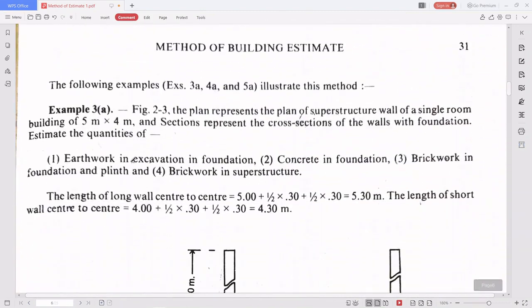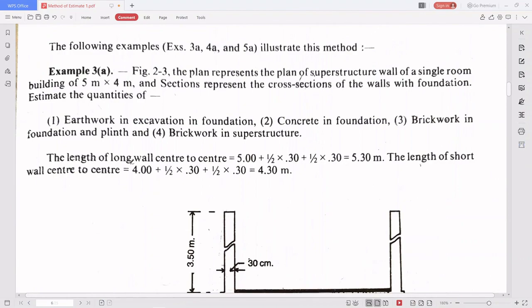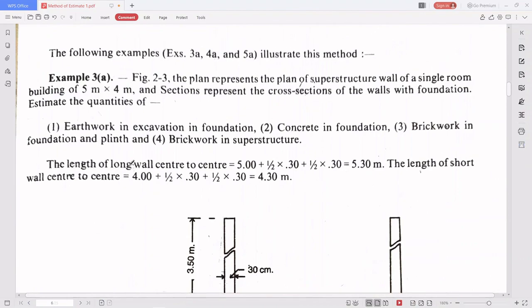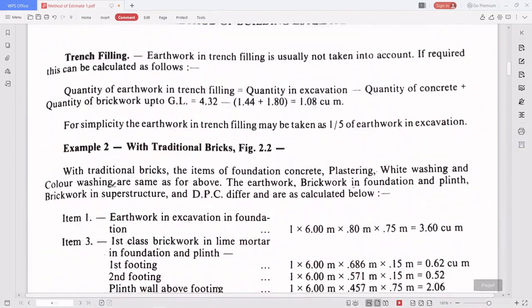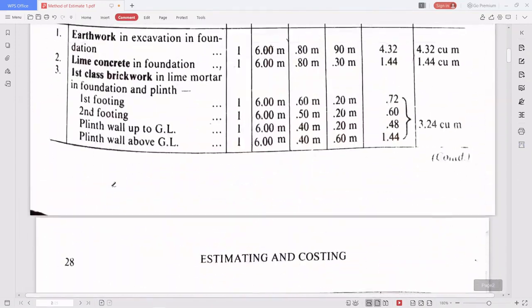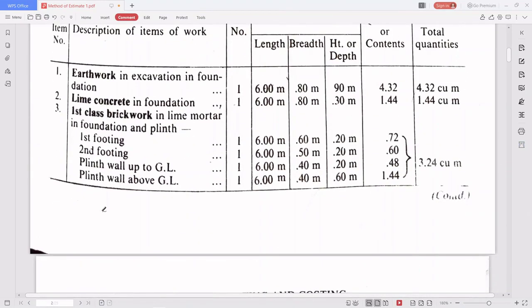So we'll directly go to an example, or you can just study this again. Study how we did the wall method, and how we did this foundation. You just look into it, and once you read the theory also, we'll start the